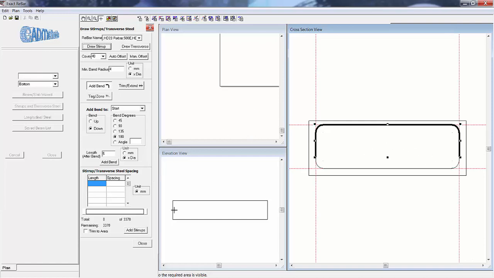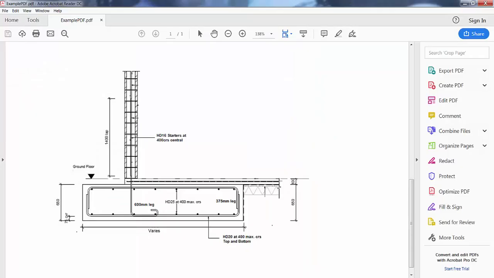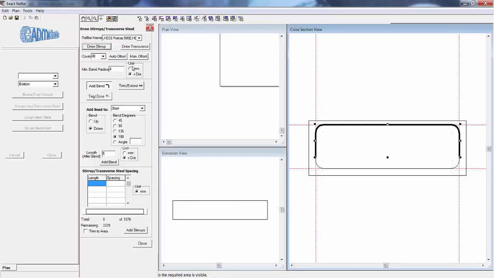Now looking back at the cross section, there's also a starter. So going back to the PDF, there's the starter, which is an HD 16. It's got a 600 leg and it's got 1400 there, and there's 100 there, and 650 less 75 totals 2075 millimeters. So going back to rebar, we will change that to HD 16,